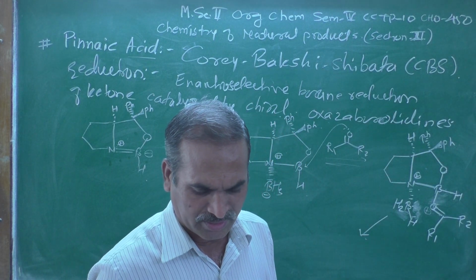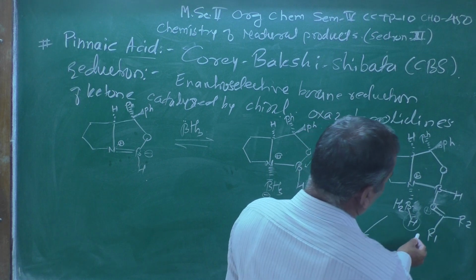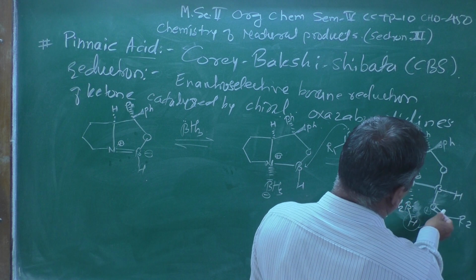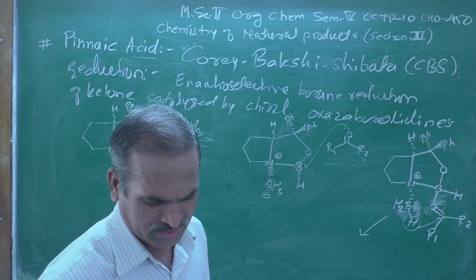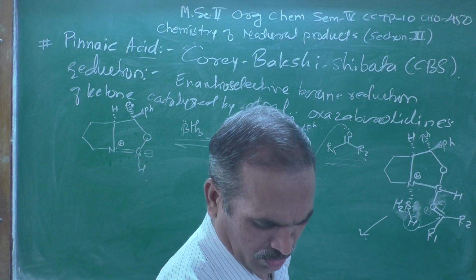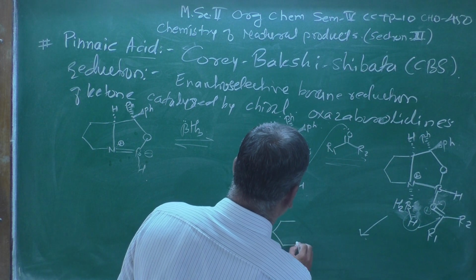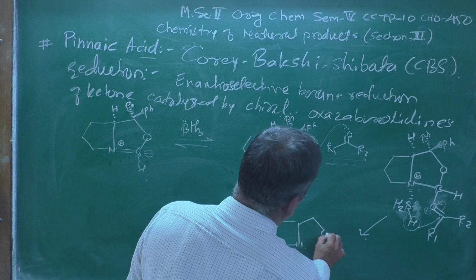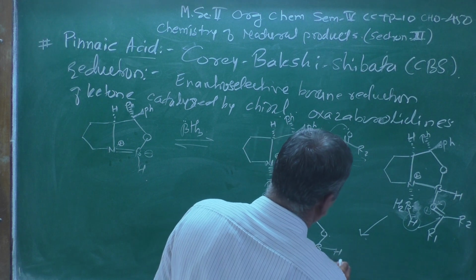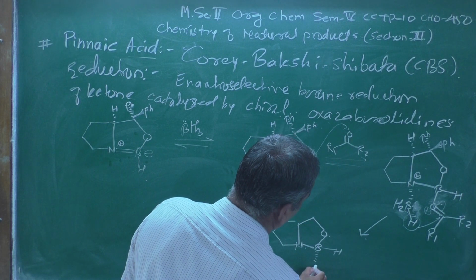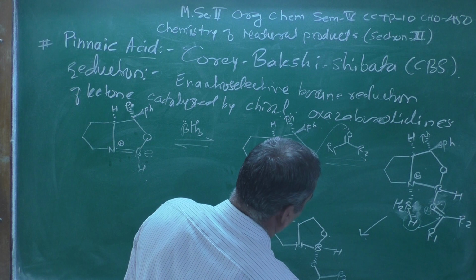Now after that what is going to happen, this is the hydrogen atom that is attacking on the carbonyl carbon, the positive charge gets neutralized, and after that what do you get, you are going to get this structure. They are as it is, the nitrogen atom over here, this is the oxygen atom, then there will be a boron, this hydrogen atom as it is, here is an oxygen atom, then further R2, here is R1.